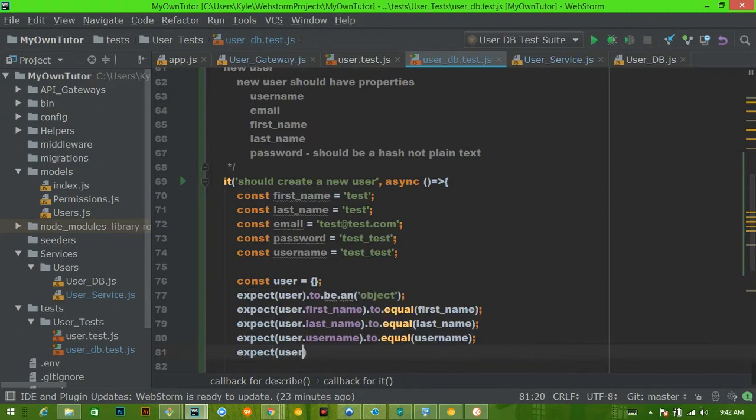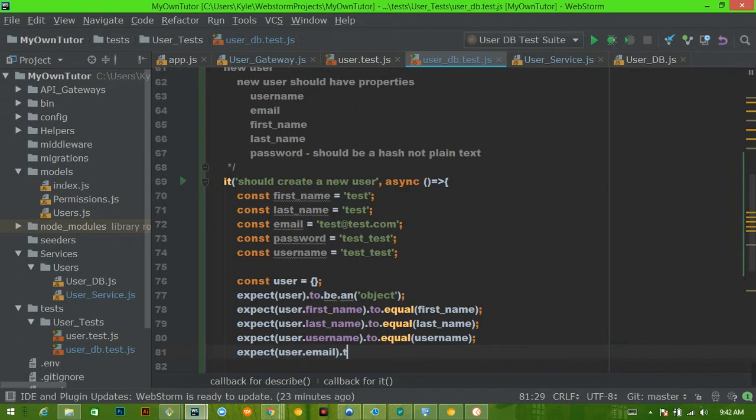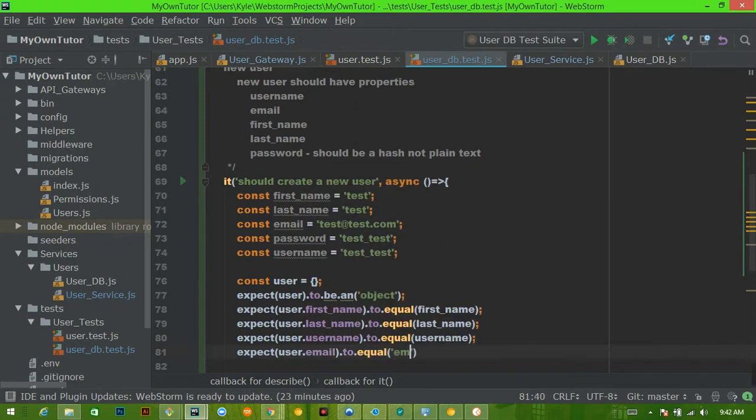Expect user.email to equal email. I'm not going to write the password version here yet, because although we're passing in the password of test_test,